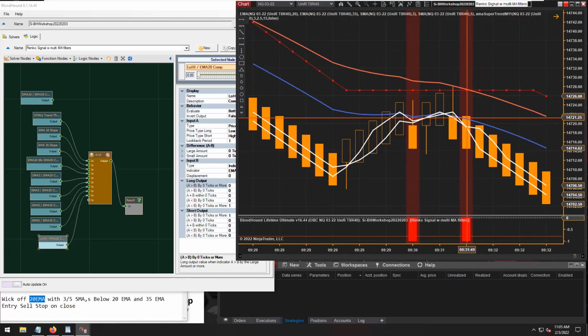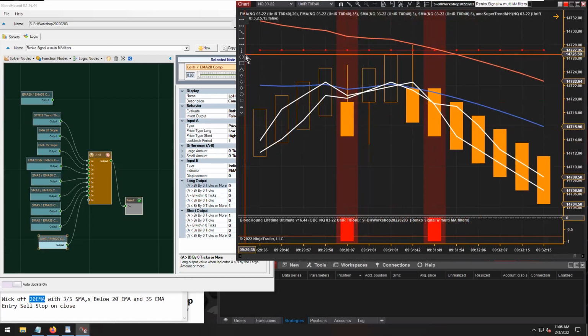We're looking for the wick to be touching the EMA 20. But here we can see this bar doesn't have a wick. In this case, the high of the bar is above the EMA, but also the open of the bar. So if you want just the wick, if we're looking at